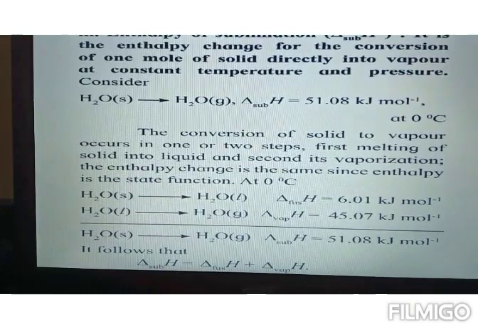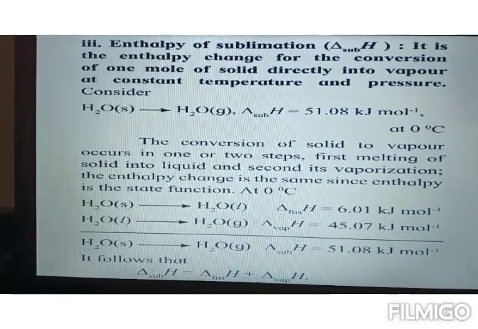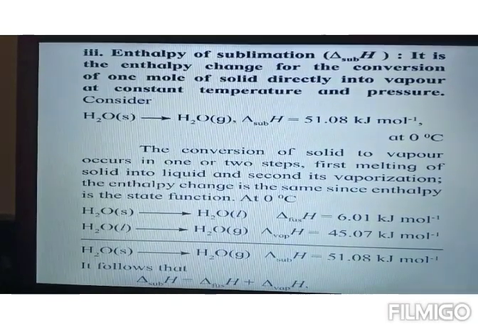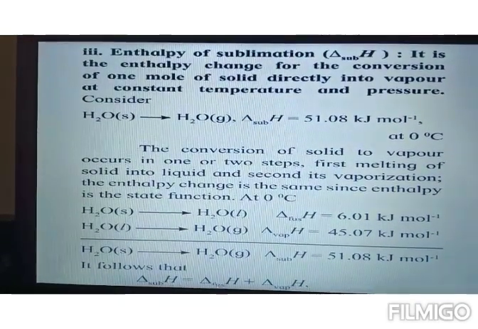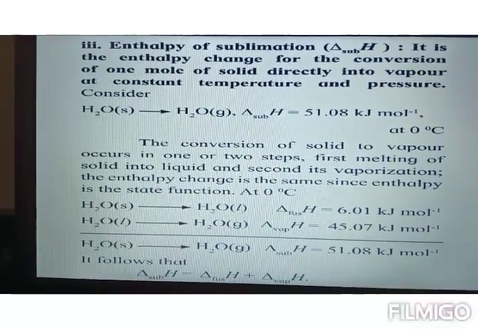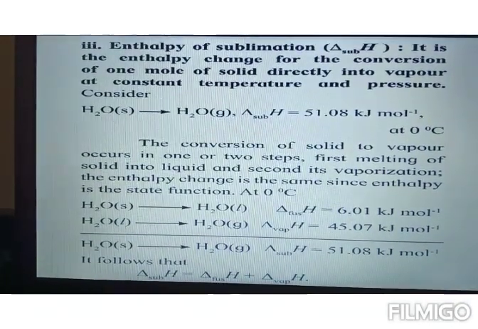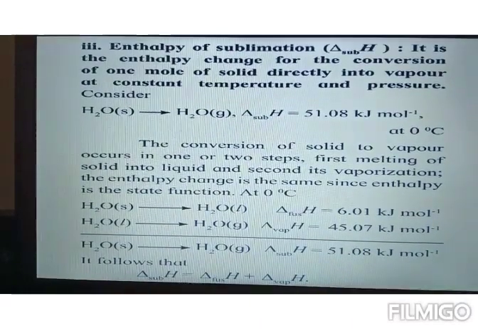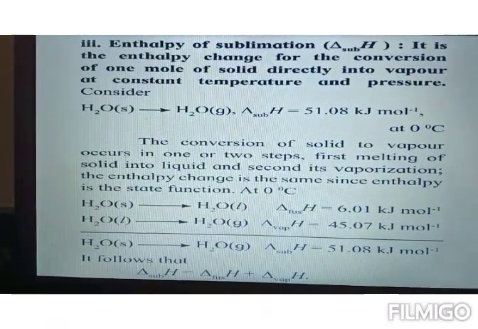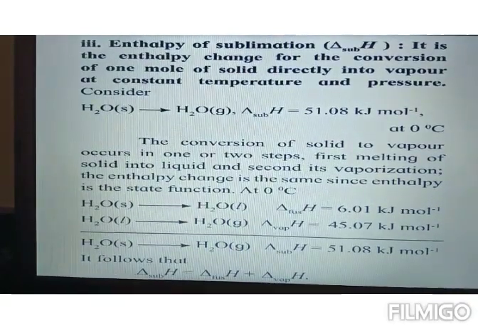Now we just saw that all three enthalpies are related, because if we look at the processes, fusion is conversion of solid to liquid, vaporization is conversion of liquid to gas, and sublimation is conversion of solid directly into the gaseous state. So all three enthalpies are related to each other, that is delta H of sublimation equals delta H of fusion plus delta H of vaporization. You just refer to these chemical reactions and respective enthalpies. We can see that the sum of the enthalpies of fusion and vaporization is the enthalpy of sublimation.